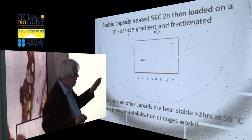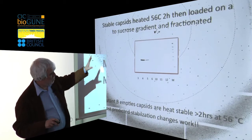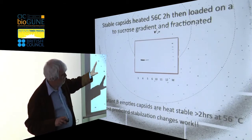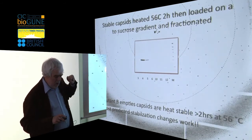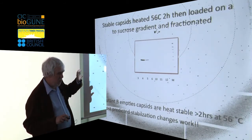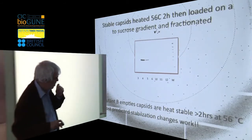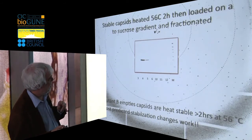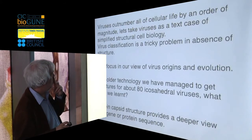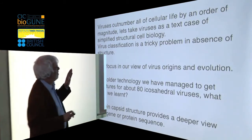So I think very simple methods like this should in the future allow us to try and solve some problems with virus diseases where there are existing but imperfect vaccines available. And we're just starting work on polio as something where there's a real need to nail the problem. So I'll just finish by